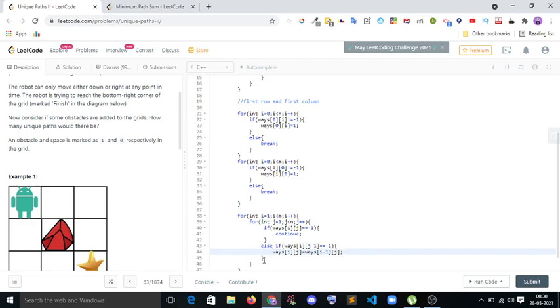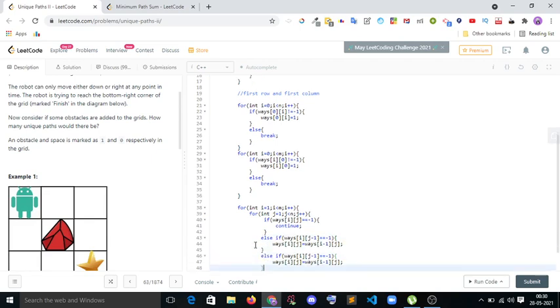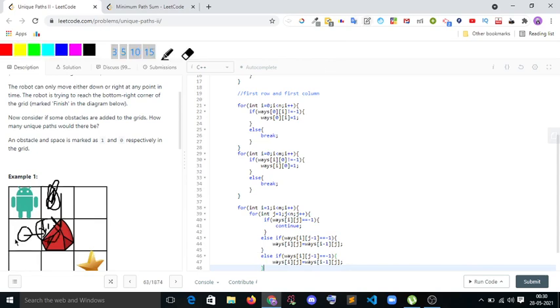And again else if, a similar condition. If I get an obstacle at this point, let's suppose I really want to reach here, I can't move from this position because it's an obstacle, so only this one is possible. Whatever data is there, like here one is there, copy it.